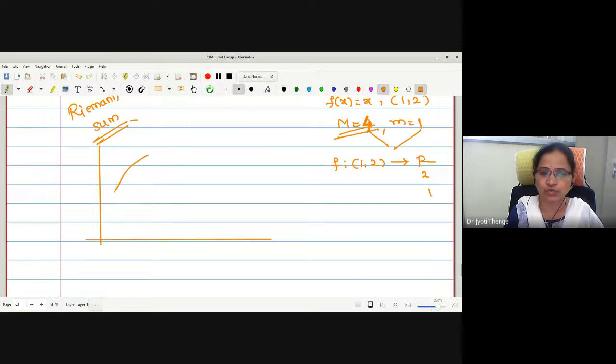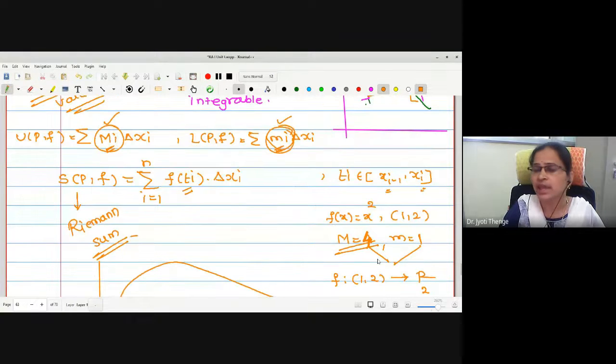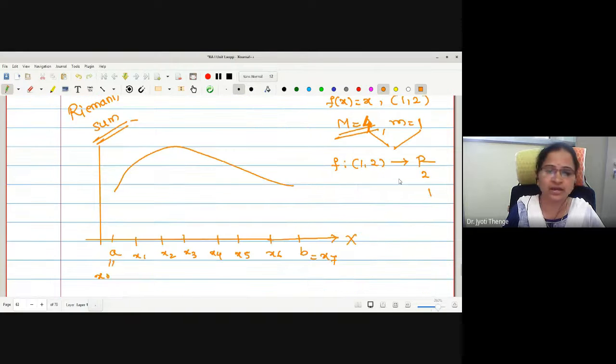So let me just show you with a sketch. Suppose this is my function on the interval a to b, say. Okay, now we will divide it into some regions. This is a, which is x0, so this is x1, x2, x3, x4, x5, x6. Let this last one be x7. Okay, now what we have to do? We have to identify any arbitrary point in every interval. That is, t1 is in the first interval, now i equal to 1. t2 will be in the second interval. So let me identify the points only.